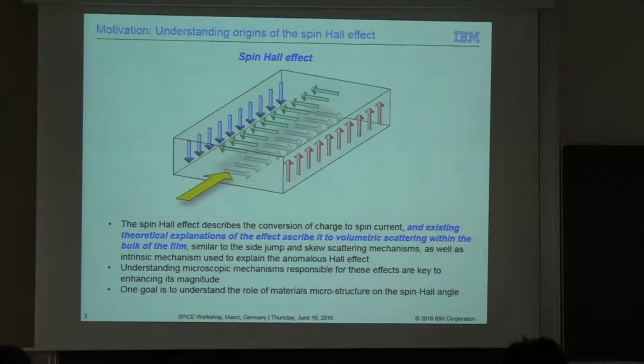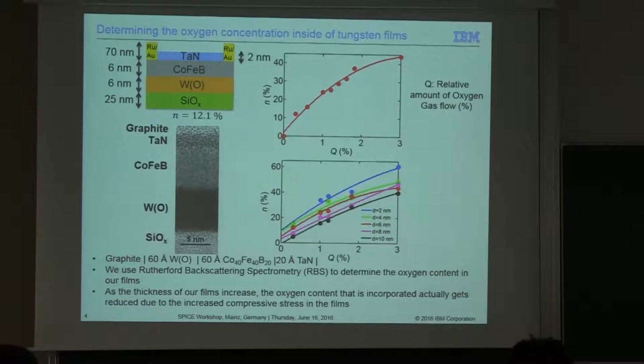Because it is thought to be due to the volumetric properties of this material, we thought that if we change the volumetric properties of the film, we should see changes in the spin Hall angle, and we wish to study that in order to see what the underlying mechanisms behind this were. So we chose a specific system to study, and that specific system was a tungsten film, which we doped with some oxygen. When we introduced this oxygen into the tungsten film, we measured that oxygen content using Rutherford backscattering